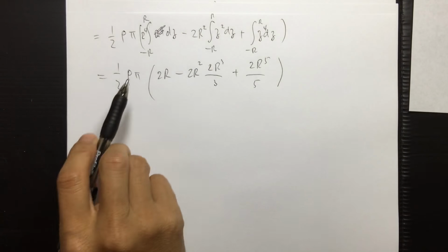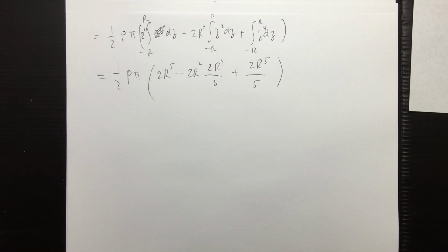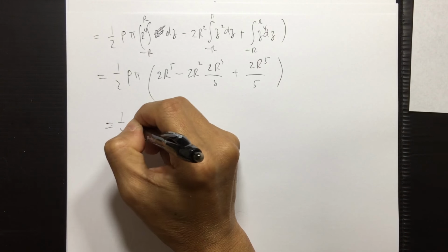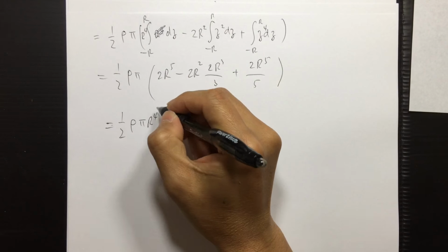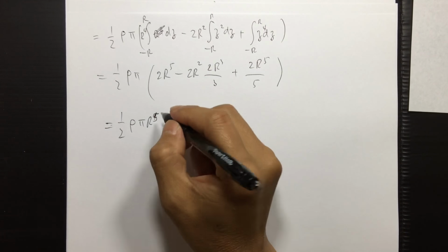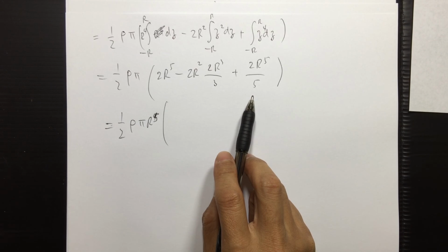This is obviously 2R, and there's R to the 4. This is R to the 5. Okay, I forgot that one. So R to the 5 will go out, right? So this is half rho pi R to the power 5. Okay, now. This is the 2. This is the 3. This is the 2, right? Yeah. So we're talking about,